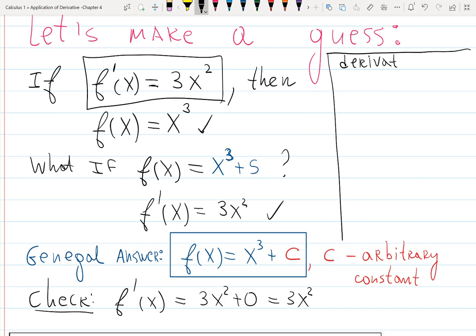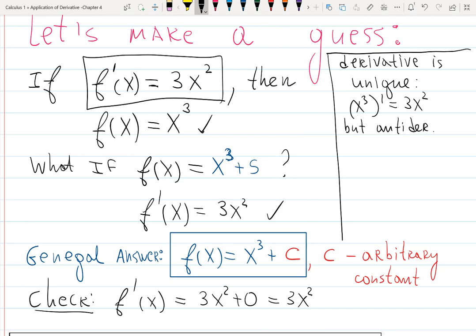Derivative is unique, right? So the derivative of x cubed is 3x squared. That's it, nothing else. So we know this answer is the only correct answer. And that's why we could test you this before, and all the tests had one correct answer. Well, sometimes simplified or not simplified. But